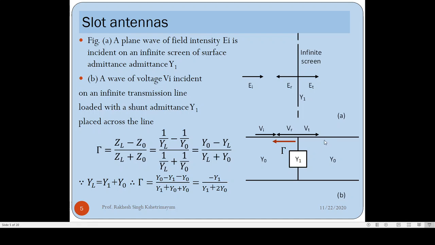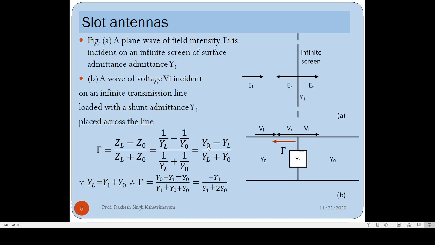So we will convert this impedance into admittance, because in such kind of analysis where you have a parallel shunt admittance, it's easier to analyze in terms of admittance than impedance, because when you have a shunt connection of two admittances, they add up. So if I want to convert this impedance into admittance, I just take 1 by YL. 1 by YL will be equal to ZL. 1 by Y0 should be equal to Z0. Just replace it here. Then the relation for the reflection coefficient will now become Y0 minus YL divided by YL plus Y0,